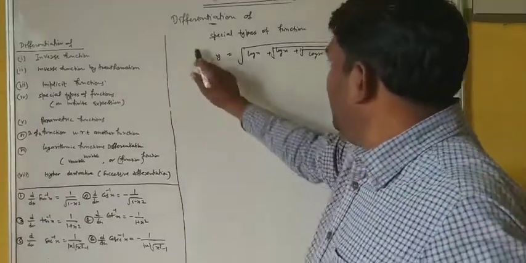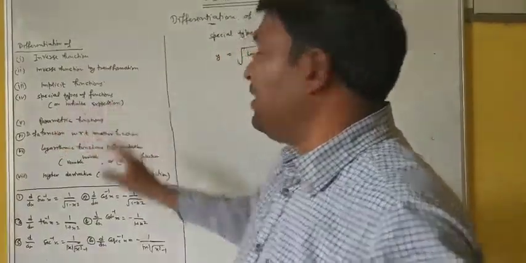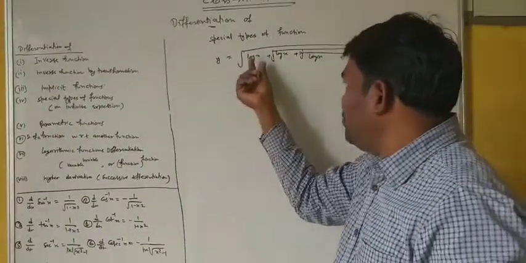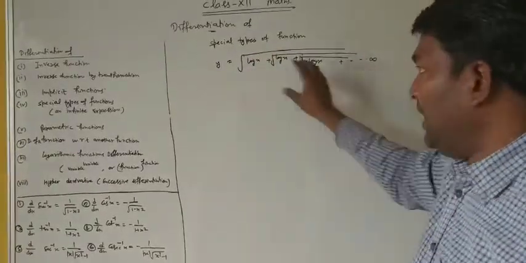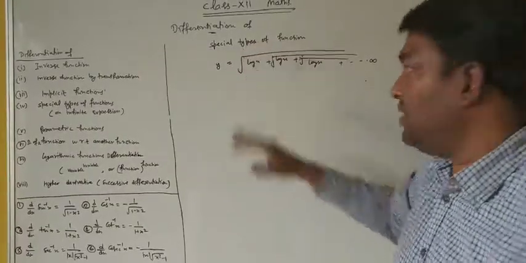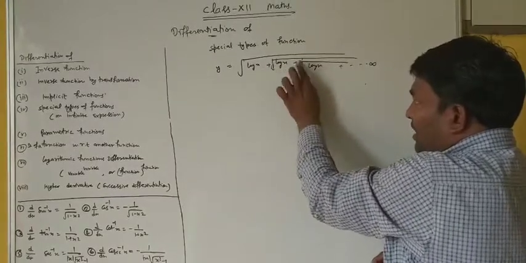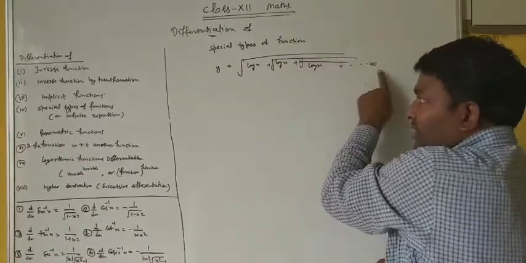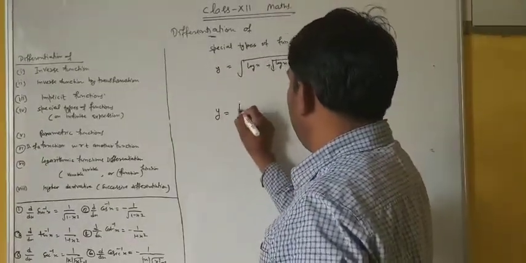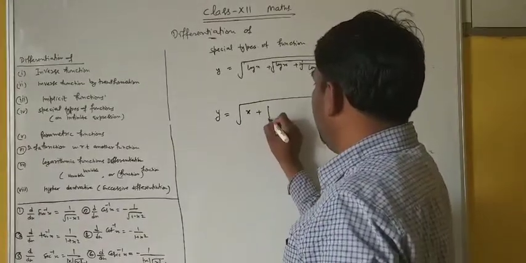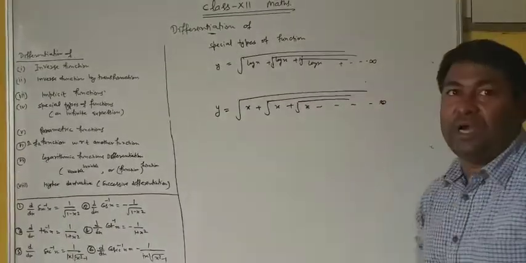Okay student, now differentiation of some special type of function. Special types like this containing an infinite expression, means if y is equal to, you are given a function and it is an endless function, going to infinity, and there will be a trend you can observe quite easily, just like under root log x plus again under root log x plus again under root log x, and going to infinity. Now how will you observe it? Just like suppose y is equal to under root x plus again under root x plus again under root x, such type of function. Then how will you think?